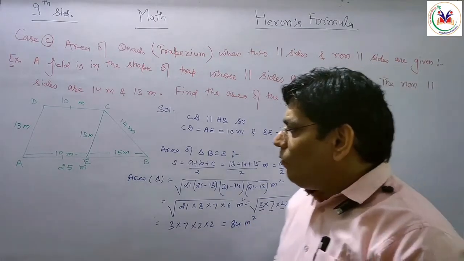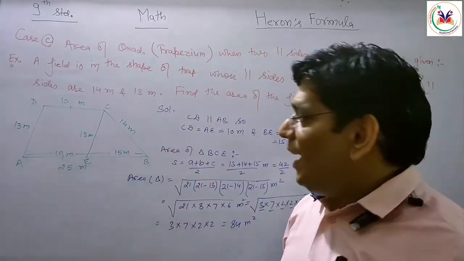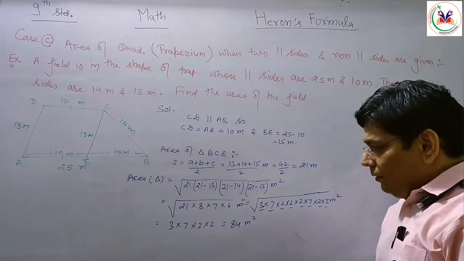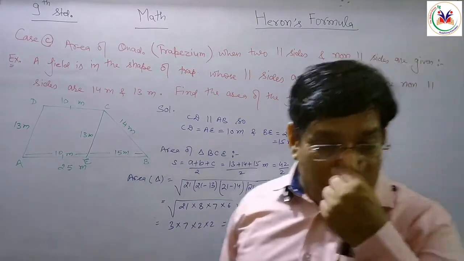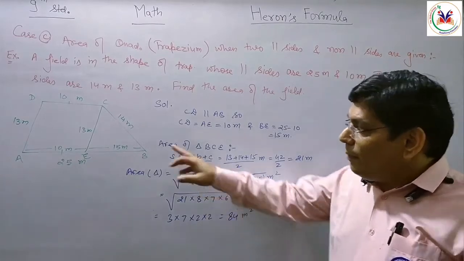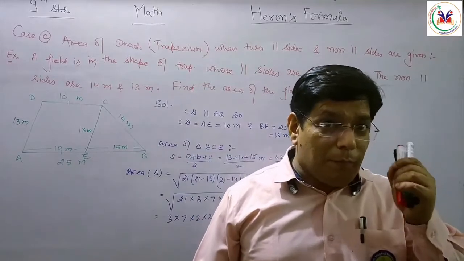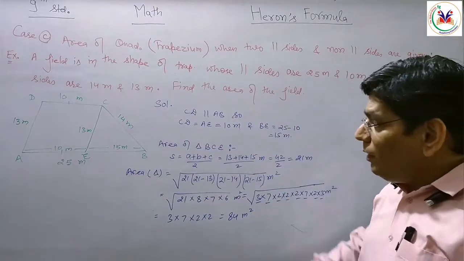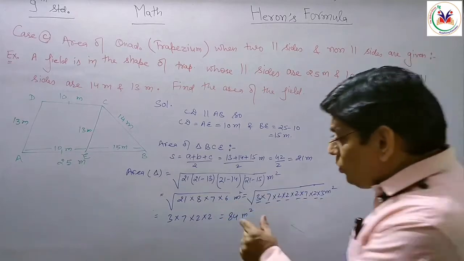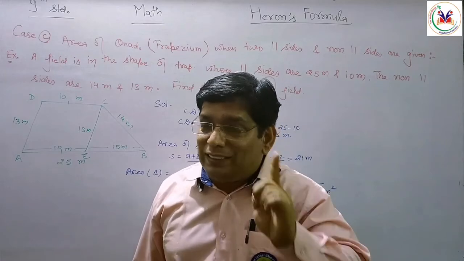Is that clear? Now first of all we have to calculate the area of the triangle by using Heron's formula. In that situation the area of the triangle will be 84 meter square. Now after getting the area of triangle BCE, we should follow a specific method that is very important. Now the thing is, if you have calculated the area of the triangle, using it we should calculate the height.